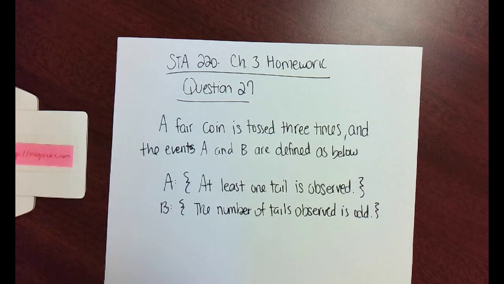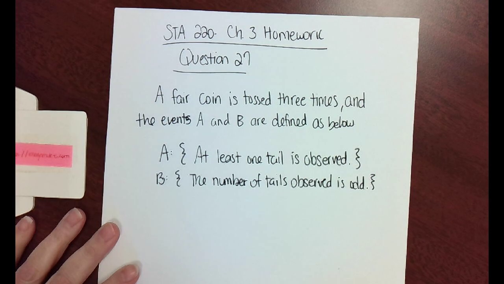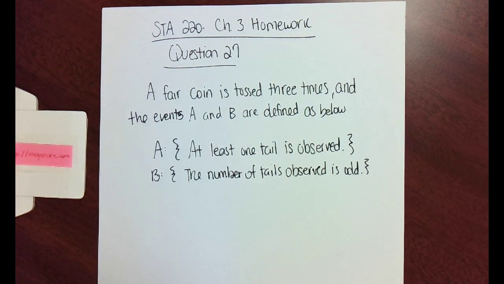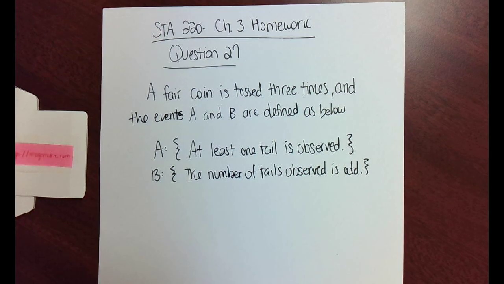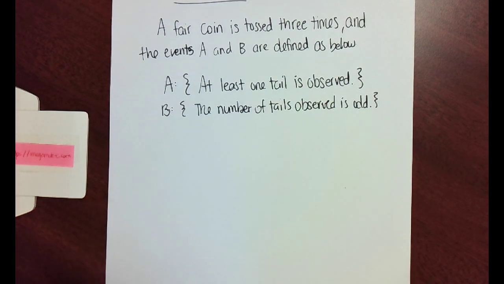So this is question 27 from the chapter 3 homework. My question says a fair coin is tossed 3 times and the events A and B are defined as below. Event A is that at least one tail is observed, and event B is the number of tails observed is odd. So the way you want to approach a question like this, the way I always approach a